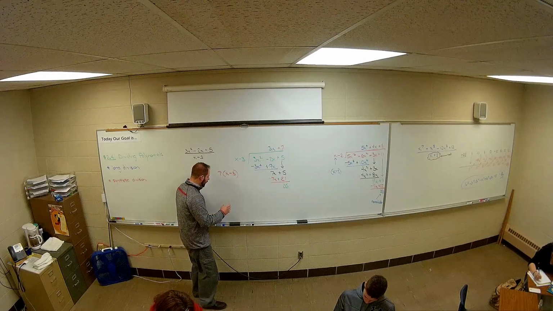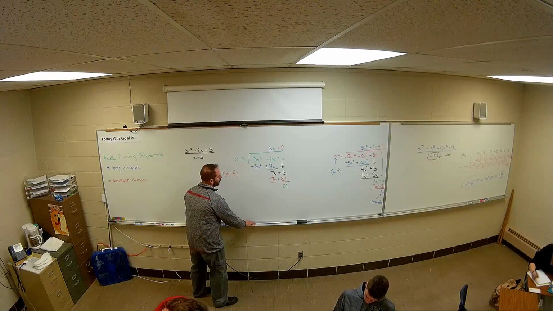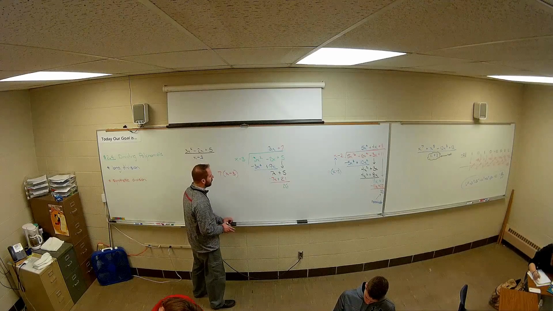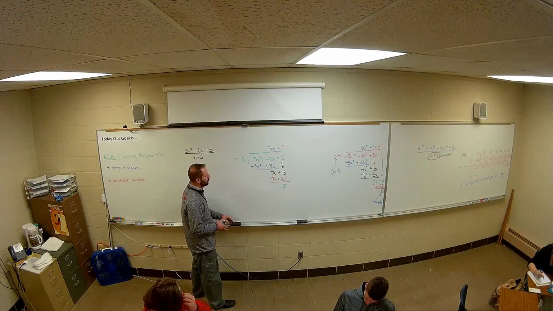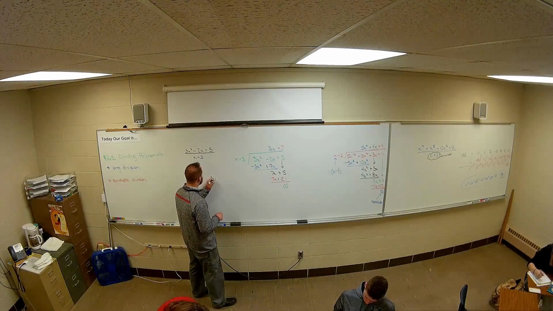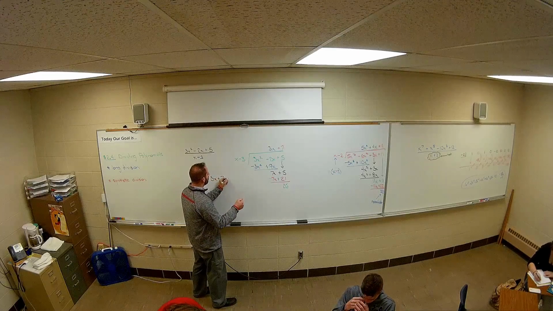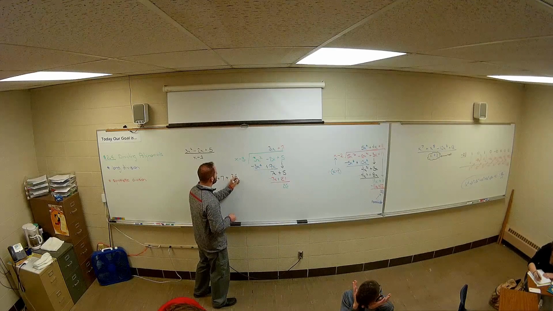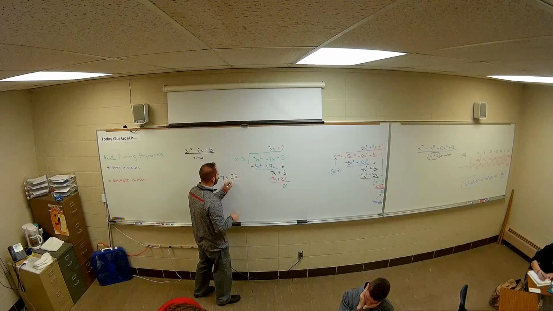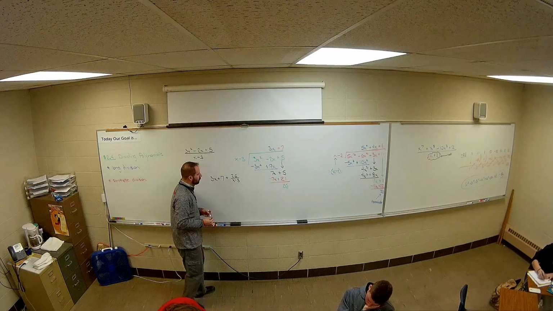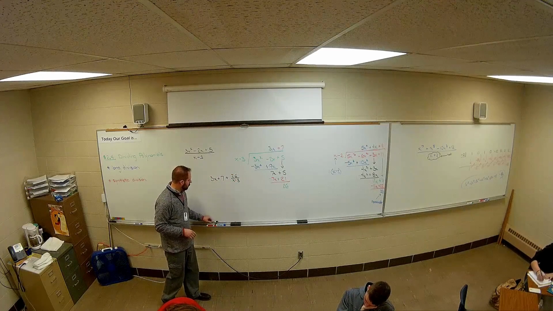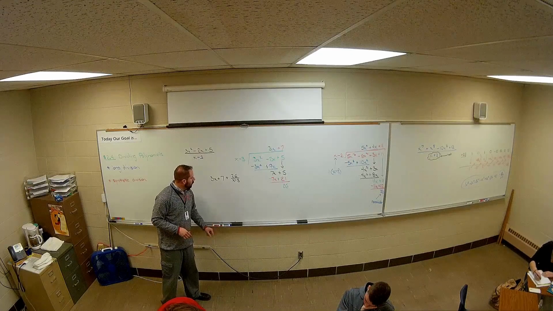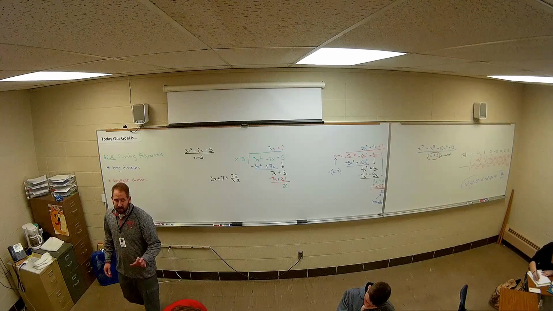So my final answer for this problem, if I put this all back together after we did this long division, was 3x plus 7, and then my remainder I'm adding on, but I'm going to make that a fraction. So the remainder is 26 over what we divided by. And if you did synthetic, you would get the same result.